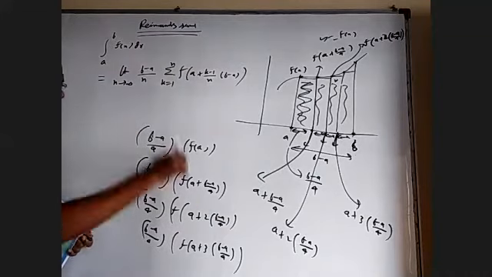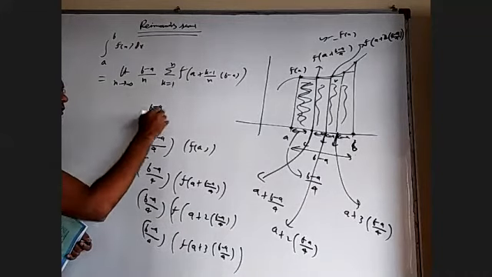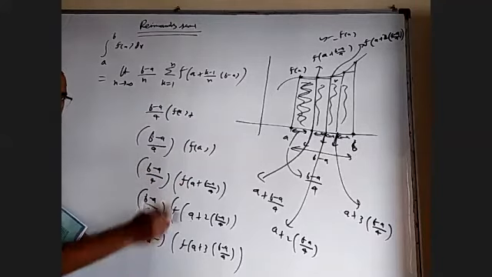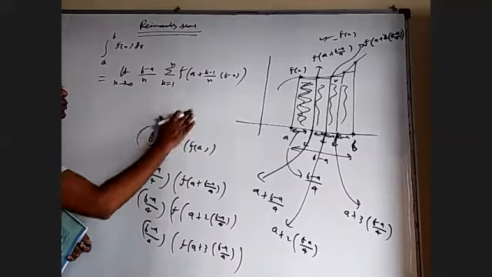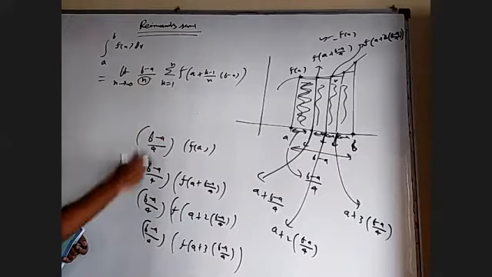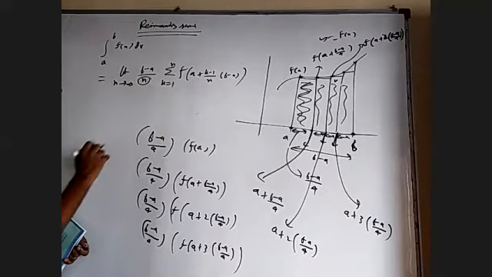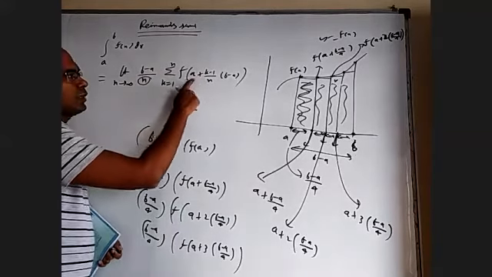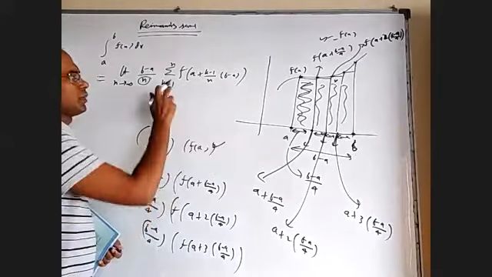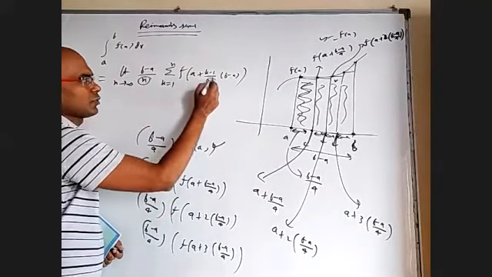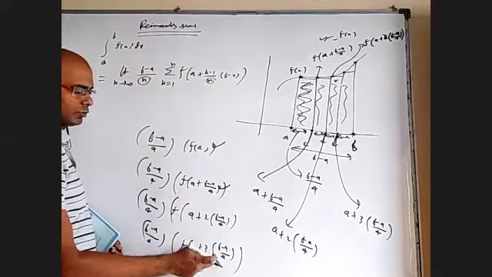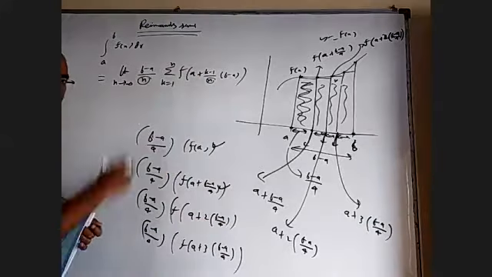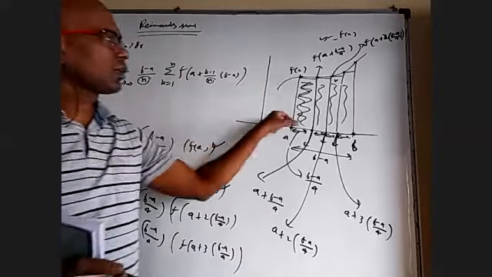If you take all these things together, you will get b minus a by 4 times f of a plus this one, plus this one, plus this one. All have the factor b minus a by 4. So when I take n equal to 4, you can see all these things: b minus a by 4, sigma k equal to 1 to 4, this. When you put k equal to 1, you get a, that is this one. When you put k equal to 2 and n is 4, it is 1 by 4, 2 by 4. This is 3 by 4. So this is nothing but adding all these strips.